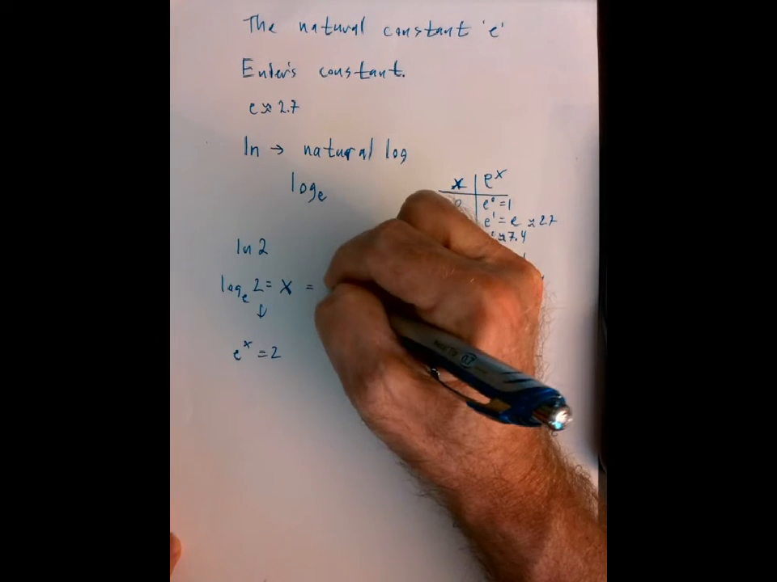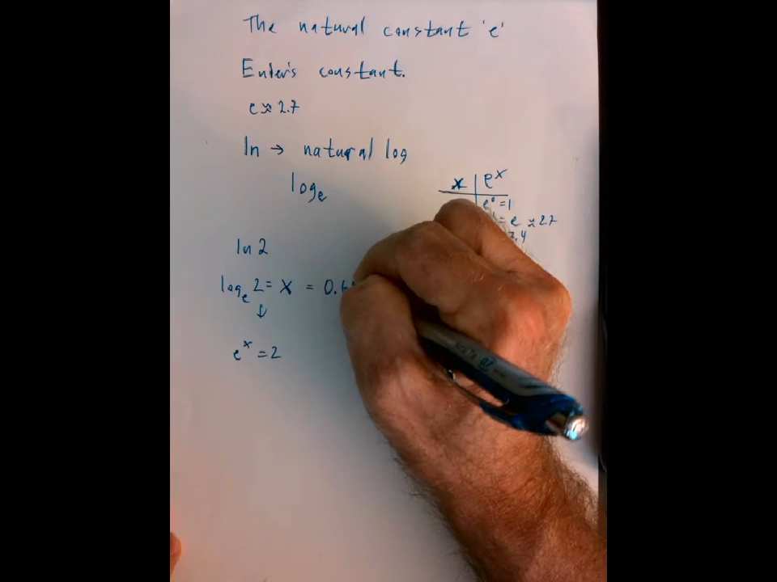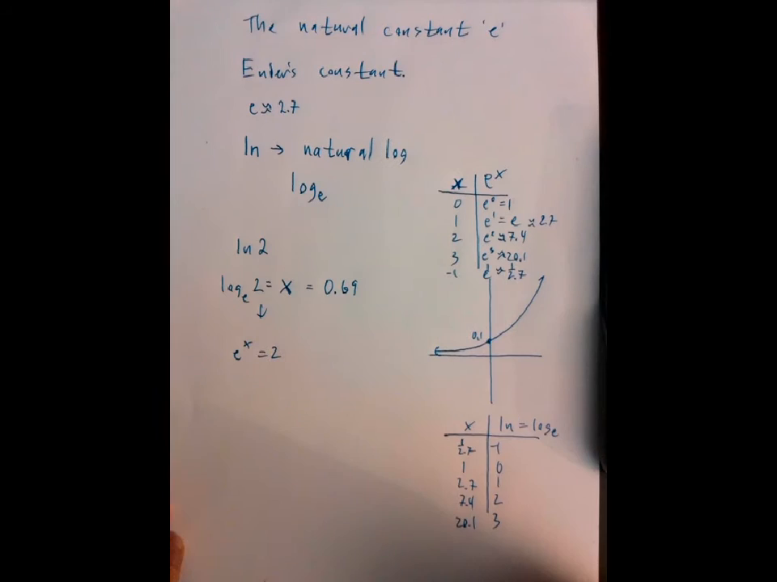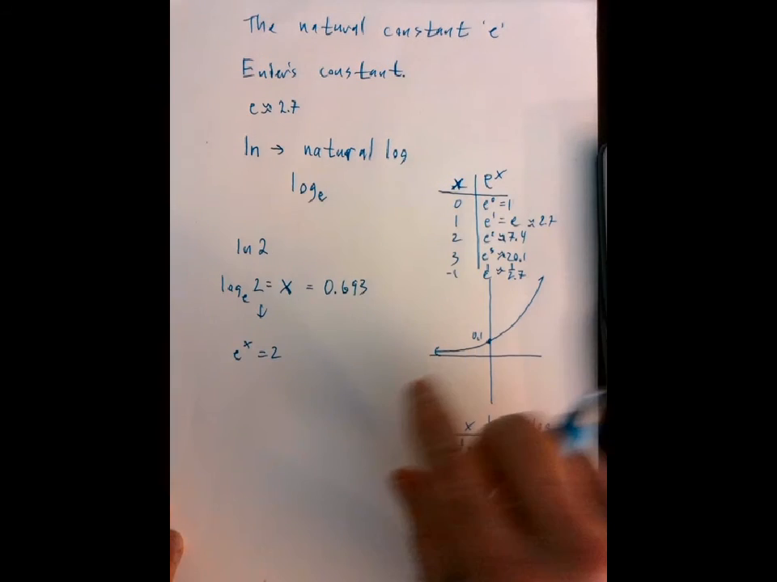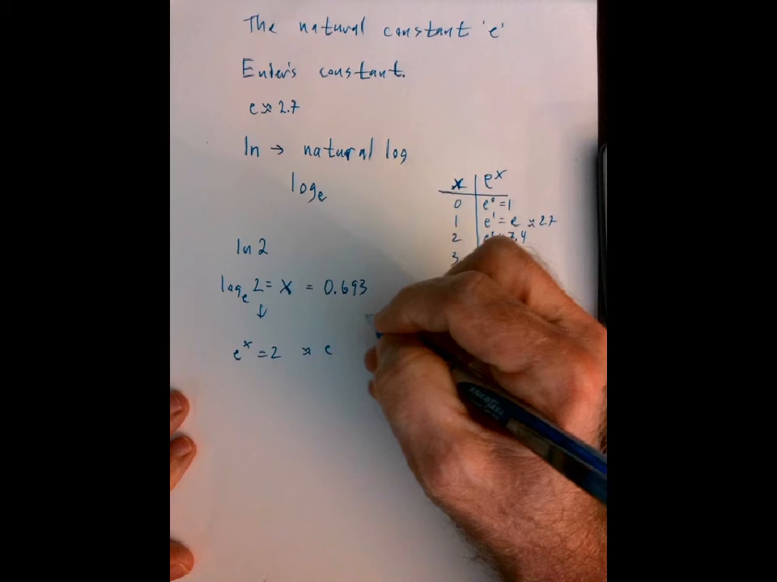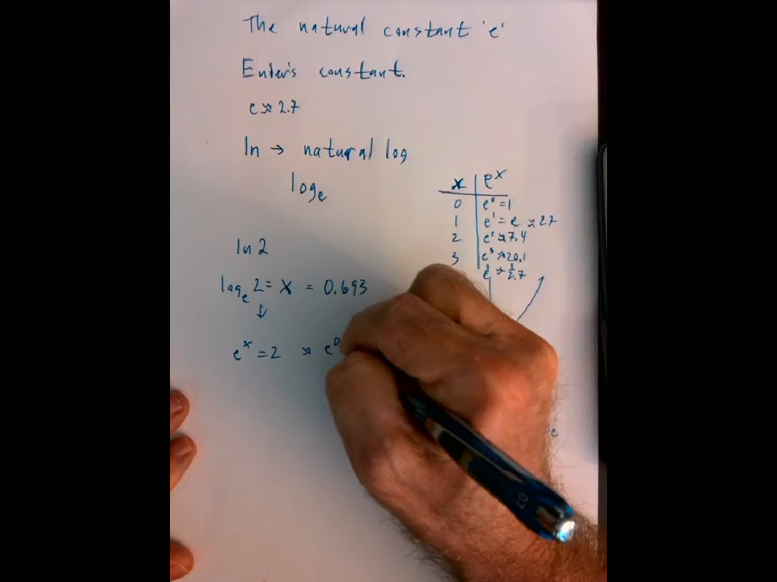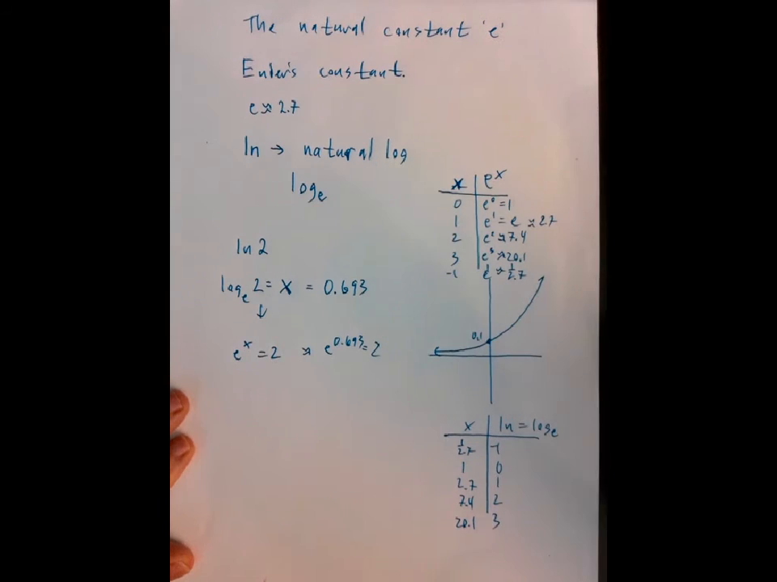So that's equal to, that x is equal to about 0.693. Round it off, let's call it 0.693. I guess we'll round these off to 3 decimal places, right? So that means that approximately e to the 0.693 would be equal to 2,